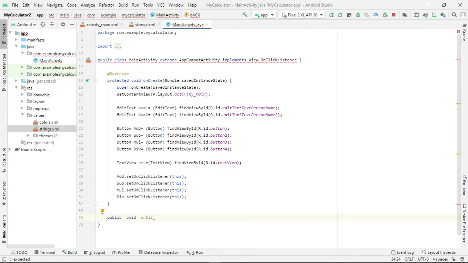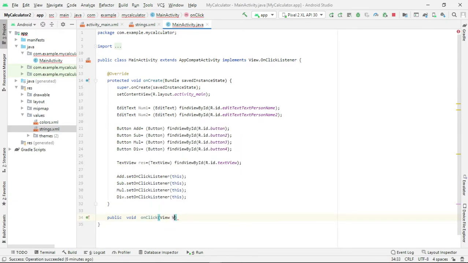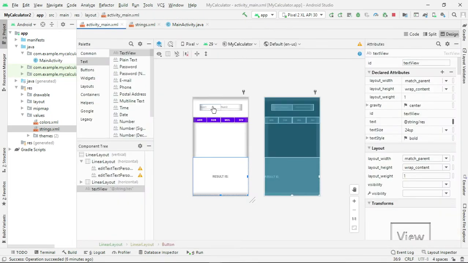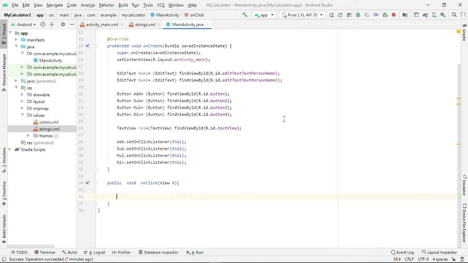Let me write the code for the onClick function. Now we are supposed to write code for what should happen on clicking each of the buttons. First you are supposed to read the two numbers. So let me read the two numbers.